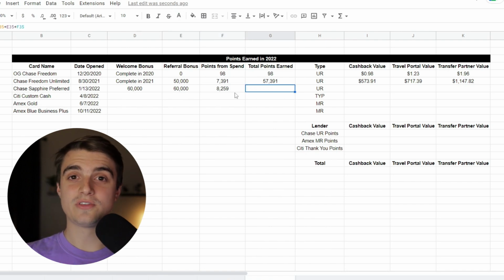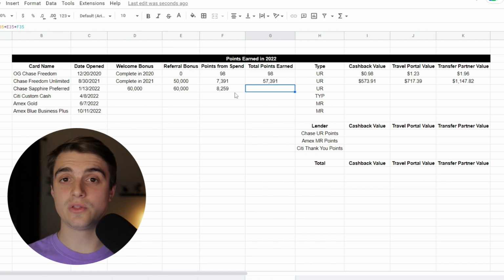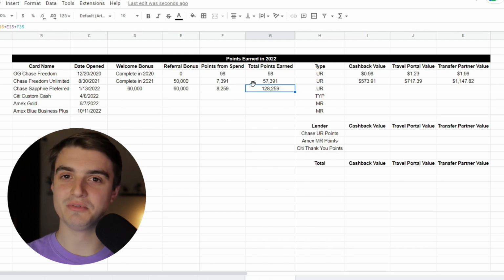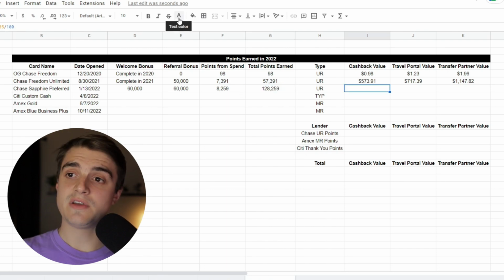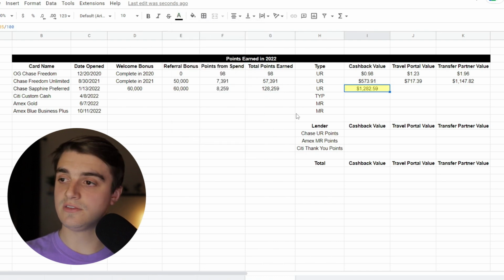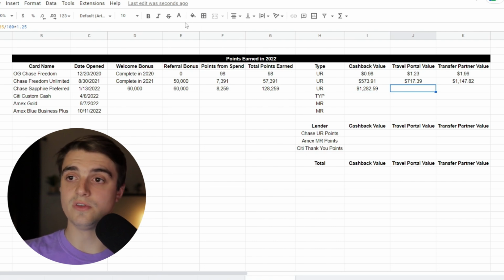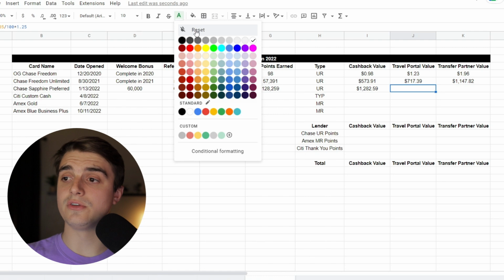So the total amount of points that I earned from my Chase Sapphire Preferred in 2022 is going to be 128,259 points. That's a lot of points from the Chase Sapphire Preferred, so I'm very happy with that. The cashback value of all those points is going to be $1,282.59. With that 1.25x multiplier on all of my Chase Ultimate Rewards points with this card, that brings my total travel portal value to